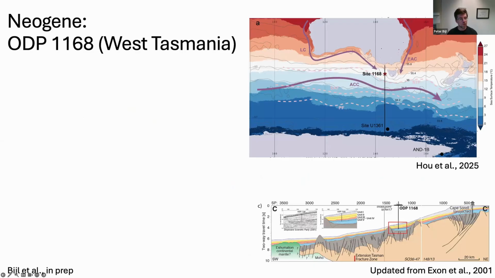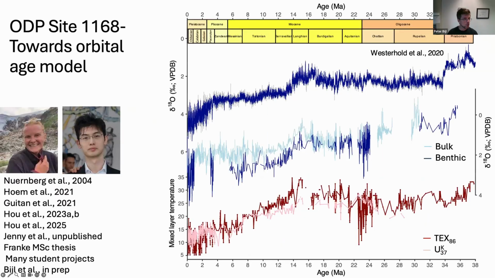because we still don't have a modern ACC yet, right? So we had great fun with this site 1168, where we generated a lot of data. This is a big shout out to focus on one site and generate high resolution data sets, because it's really worthwhile getting the long-term context, but also the amplitude of variability.